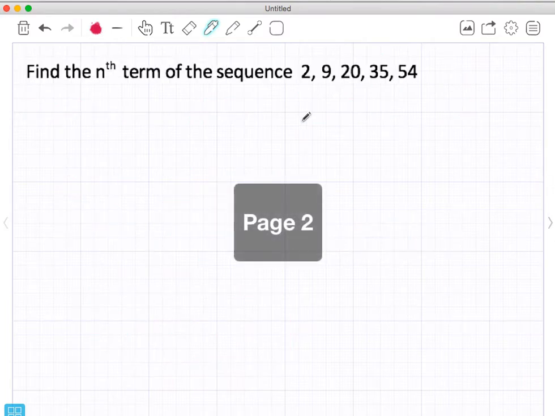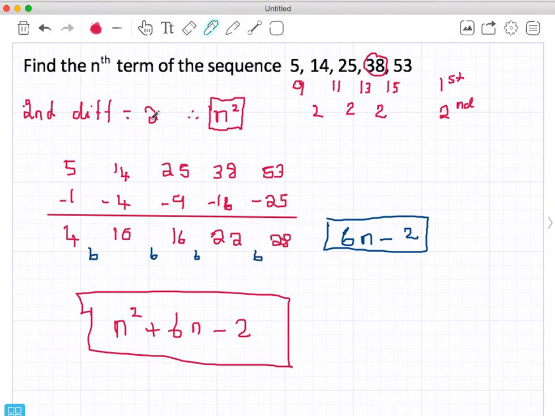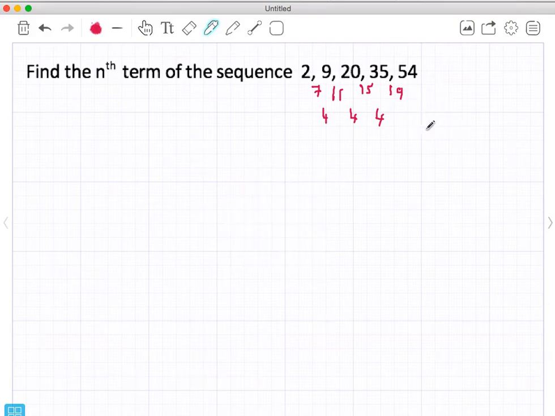Okay, let's extend it slightly and have another sequence. What I'm going to do here is go straight in and say that the difference is 7, the difference is 11, the difference is 15, and then the difference is 19. Second difference, 4, 4, 4. Now, a second difference of 2 is an n squared. A second difference of 4 indicates